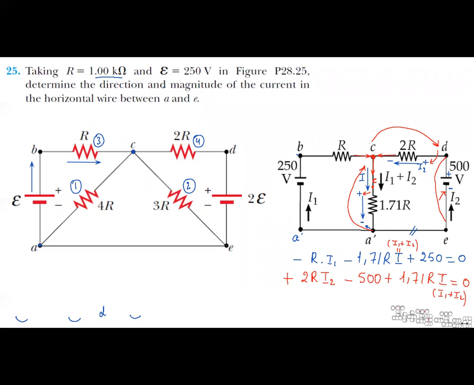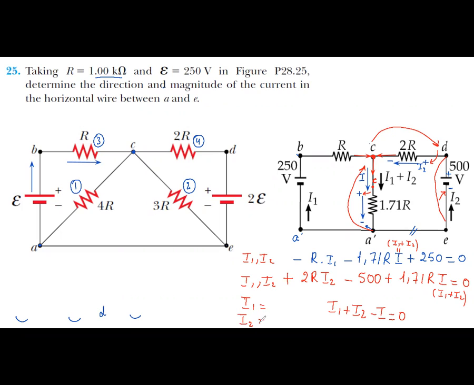As you see here, we have I1 and I2 as unknowns. Here we have I1 and I2. Here also we have I1 and I2. So it's easy to calculate the value. Two unknowns and two equations, we can find I1 and I2.